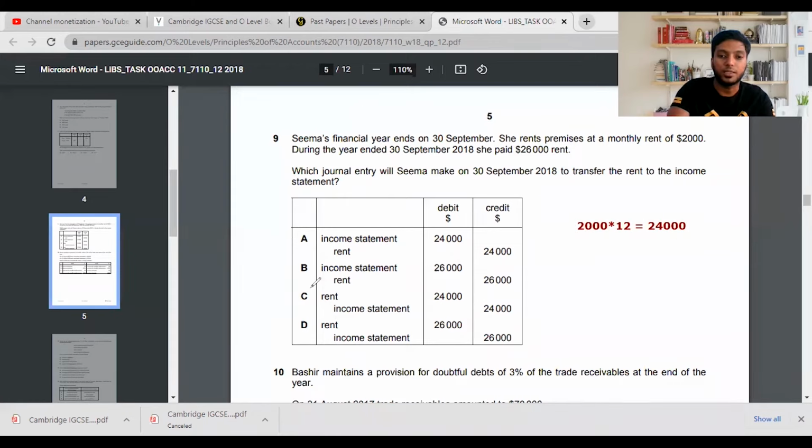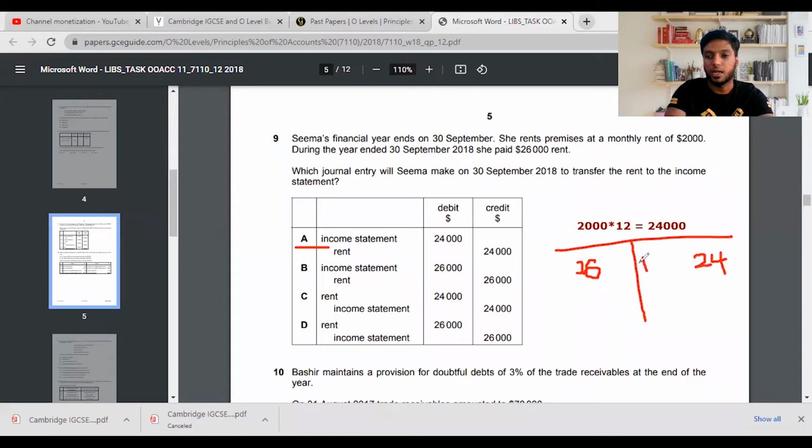The reason we didn't take 26,000, then you can ask, sir, why did you exclude that 2,000? Because 26,000 is the amount they paid, but you're only taking 24,000. We should always remember to consider the number of months they are paying. So 2,000 into 12 months. So you should take only those 12 particular months because it is sent to the income statement. And then on the rent account, it will become credit because you need to credit the rent account. Rent account is an expense account. So if I draw here and show you, rent account will have a balance of 26. Okay. So in that you will credit 24 and send it to the income statement, and that 2,000 is the prepaid payment you have made.